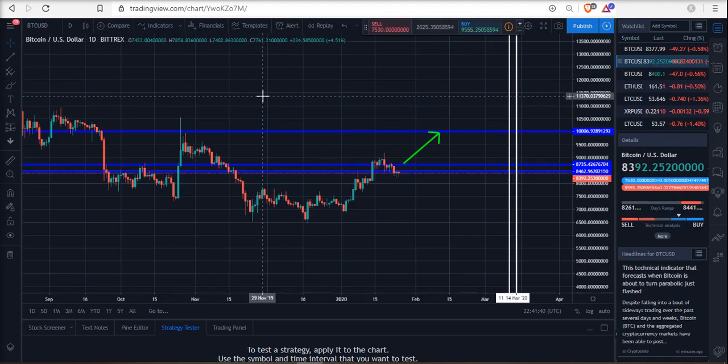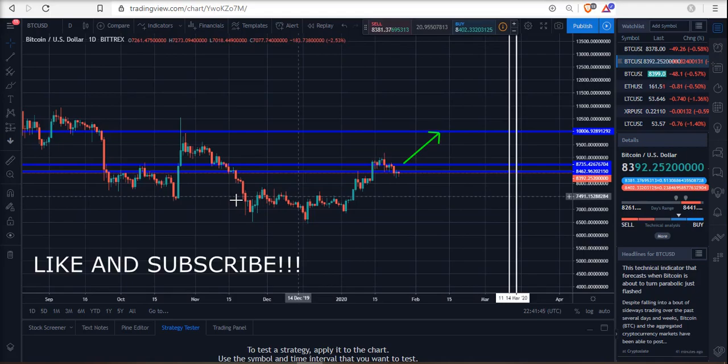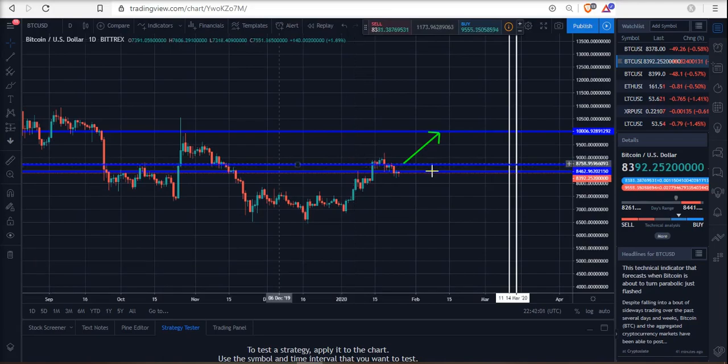So we'll look at the Bitcoin price currently, and we have been hitting resistance around these blue level zones that I've put here. These horizontal blue lines indicate support and resistance areas where the Bitcoin price has been consolidating and rejecting a few times. So will we have a bounce at these areas, or will Bitcoin still fall down and maybe retest these 7,000